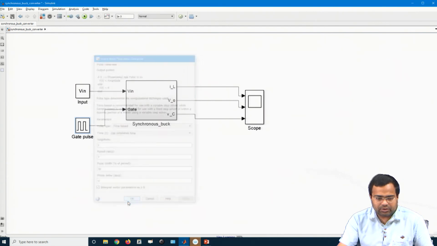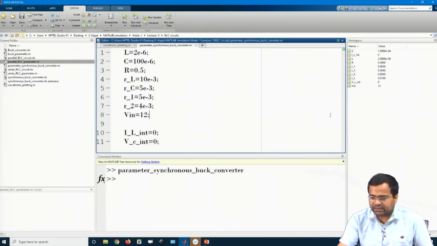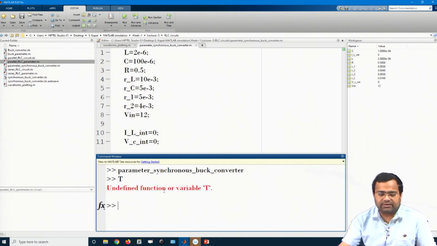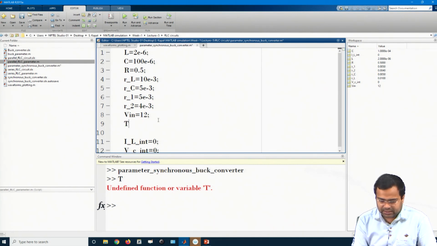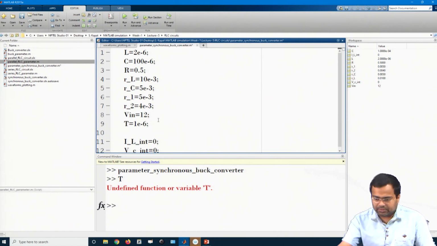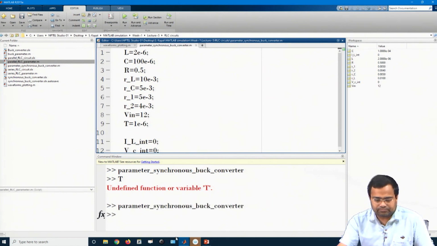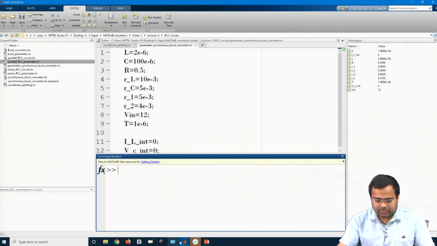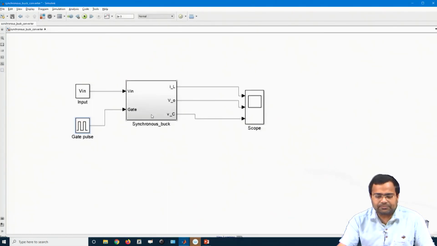T. Okay, so somewhere the T is there. Where is the T? Undefined. So, we need to provide T, which is equal to 1e-6. Now, let us go and simulate.